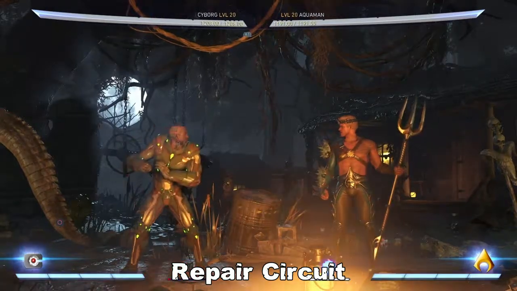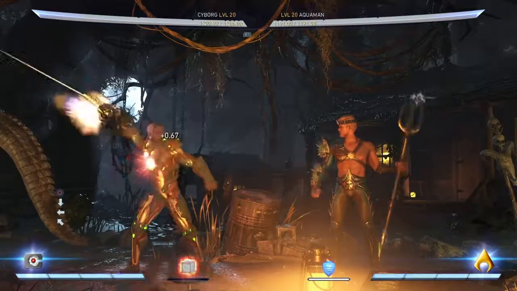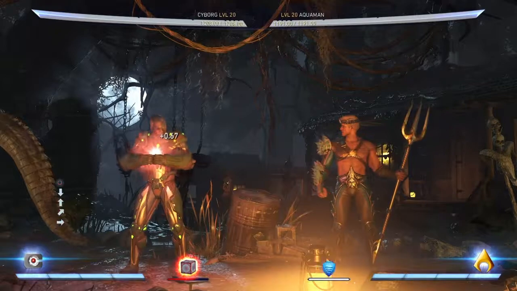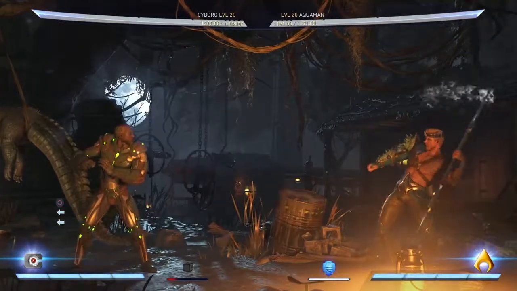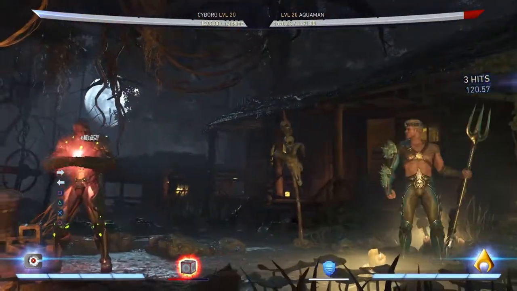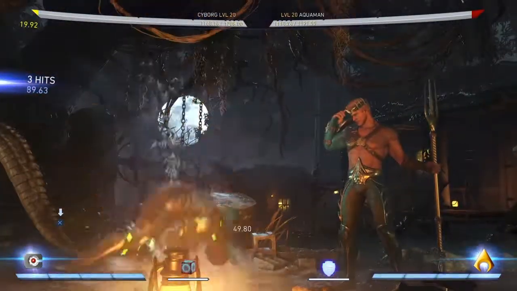Next up, we have Cyborg's old trait, Repair Circuit. This was one of the reasons why Cyborg was so bad at Injustice 1, and the fact that it's here should really say something, especially considering that it is a single-slot alternate trait for Cyborg. If you're going to be choosing abilities, use Cyborg's nanobot armor or the drones. Don't use this, because in case you